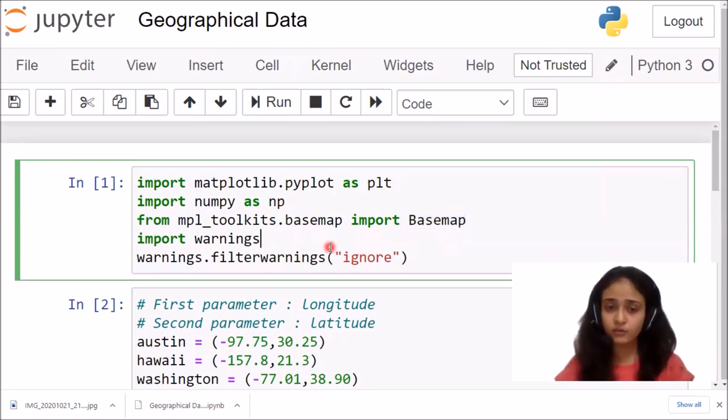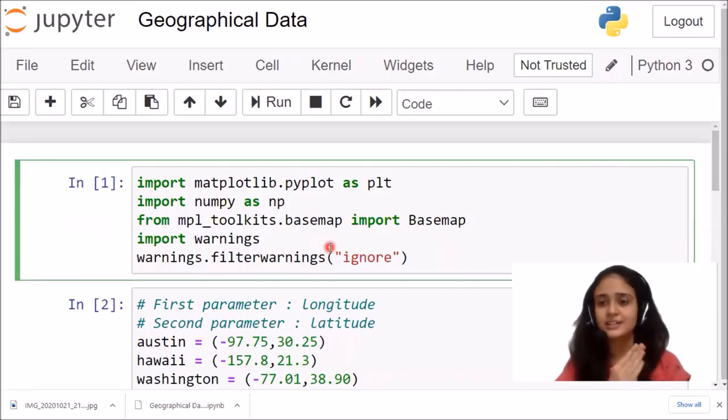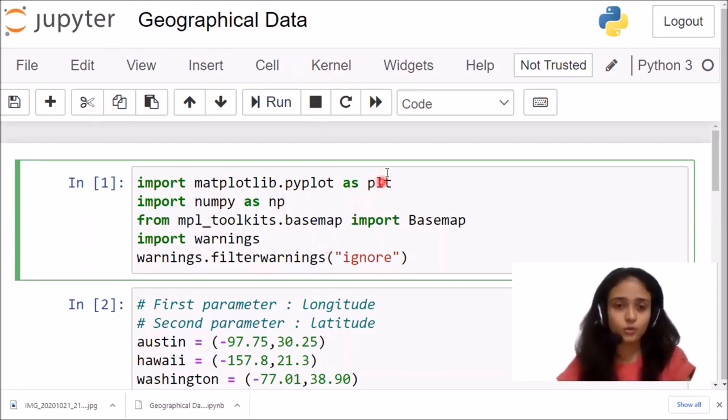So over here we are just understanding the code, how it is working, because it is a deprecated library. No updates are available for this basemap toolkit, so in the near future this library will not be used for plotting geographical data. So let's understand this code.